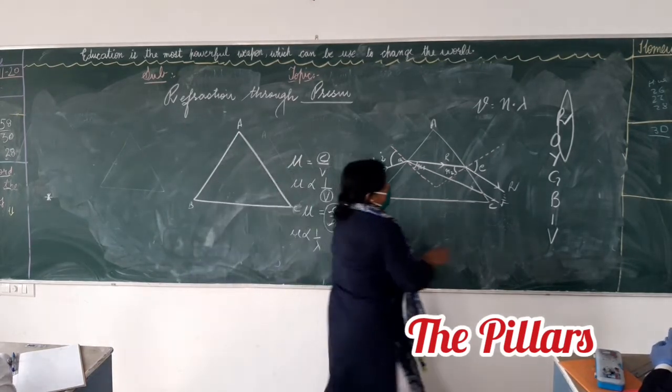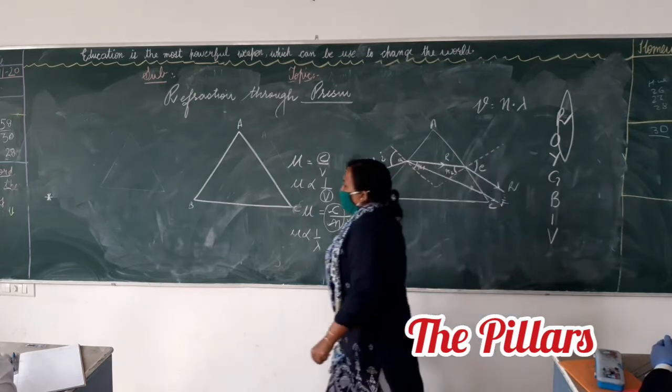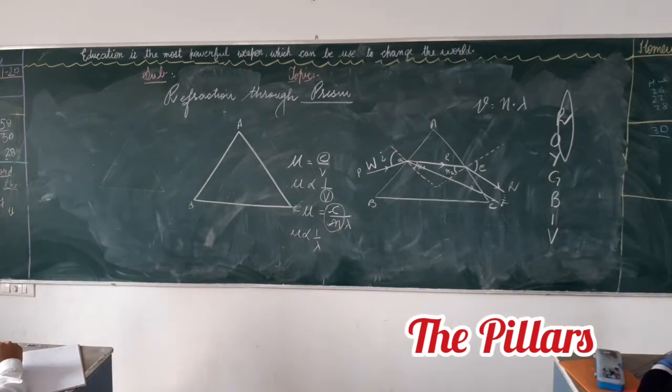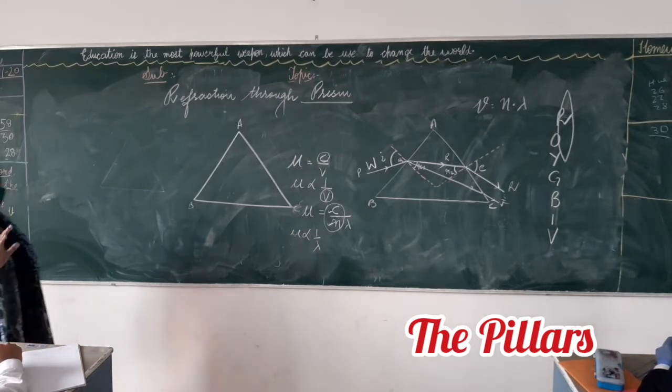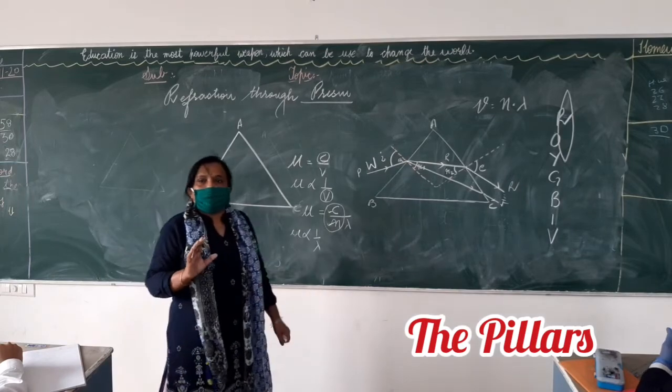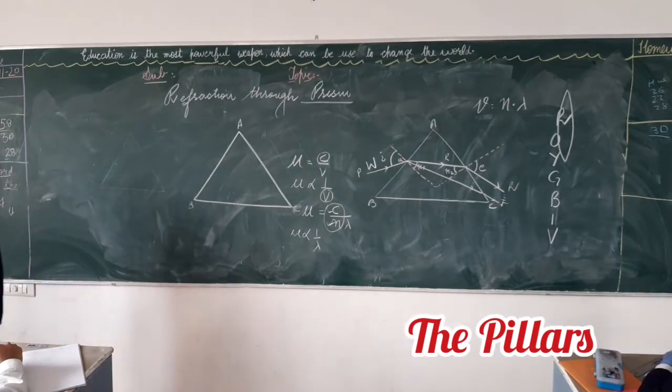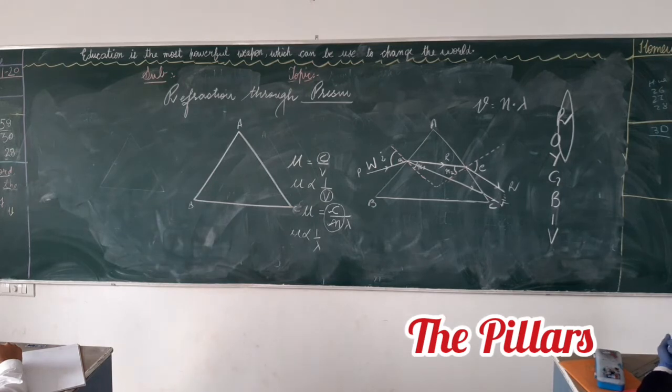Now I said this comes under your visible light rays. When you talk about electromagnetic waves, light waves are electromagnetic waves. You know that. They contain both an electric vector field and a magnetic vector field. That you will study in class 12. Do light waves require any medium for their propagation? That is why they are called electromagnetic waves.